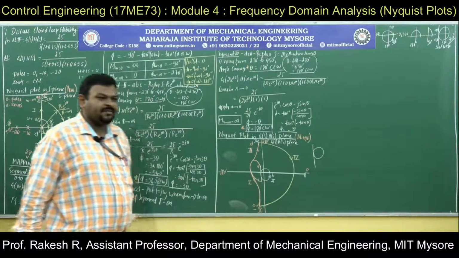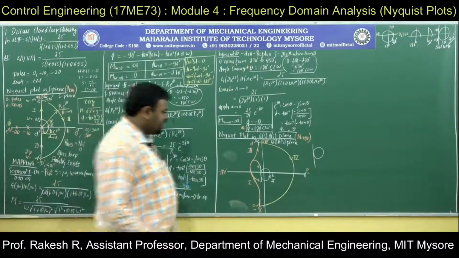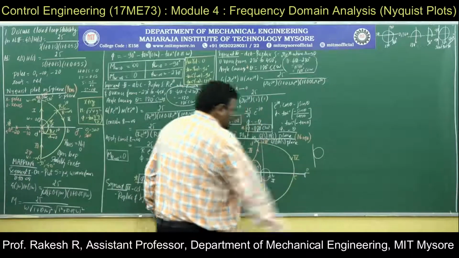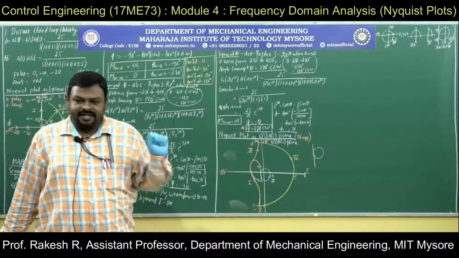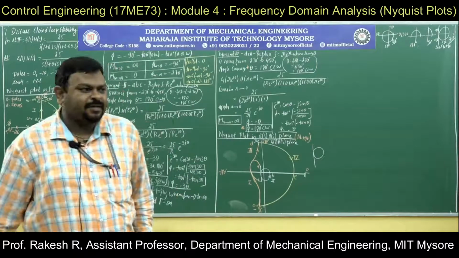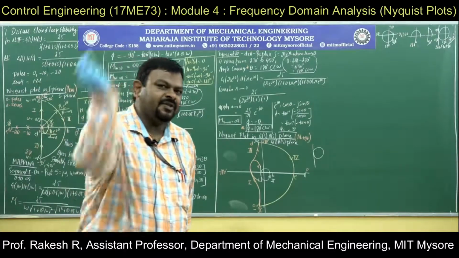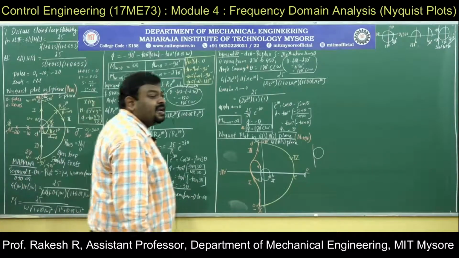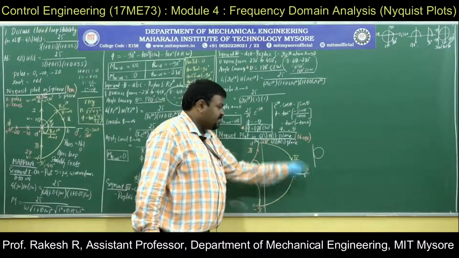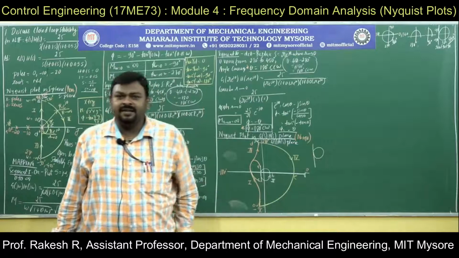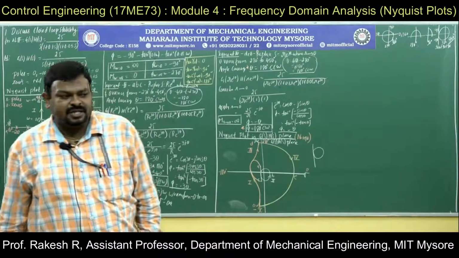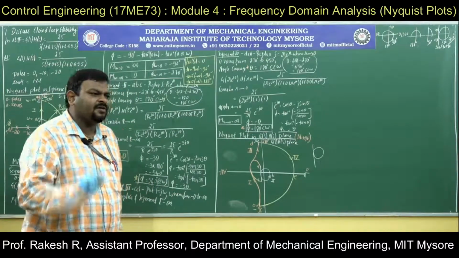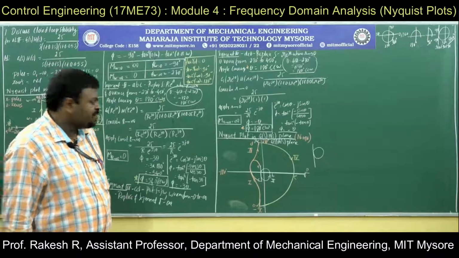This is the last segment, segment 4. All the 4 segments are written here. We transformed the Nyquist plot in the S-plane to the Nyquist plot in the G of S, H of S plane, and we are ready to find out the encirclements about the critical point -1 plus J0. Let us find out where -1 plus J0 is.